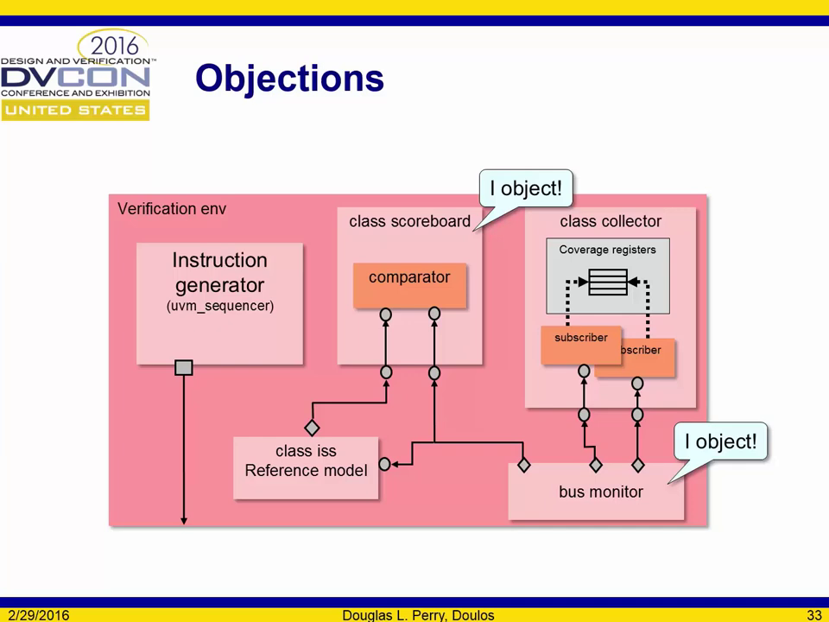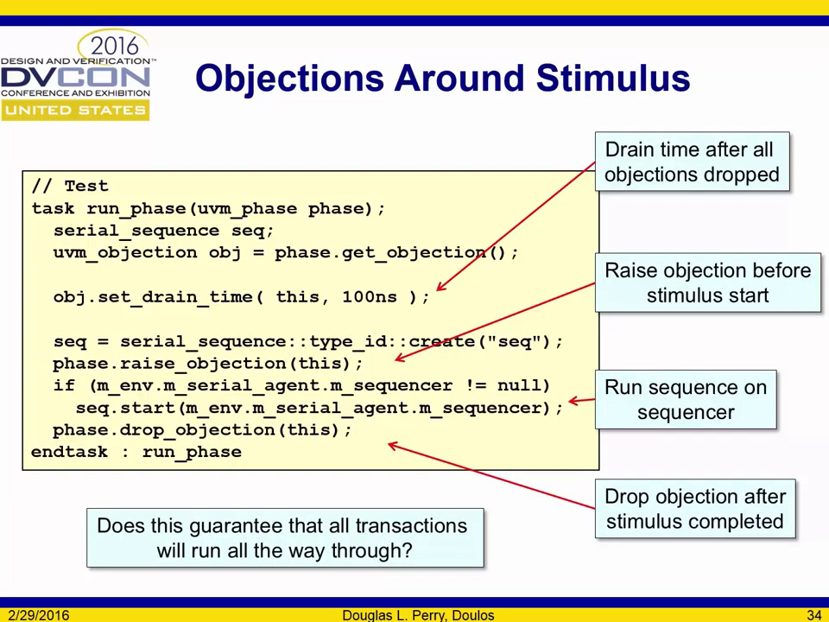So what's the best way to get around that? Obviously, like I said, raise an objection before the sequence starts. This is the stimulus; we're running some sequence on some sequencer. We raise an objection before the sequence starts, and then we drop the objection after the sequence is completed. That's probably most of the objections you need to do, effectively around the stimulus that's